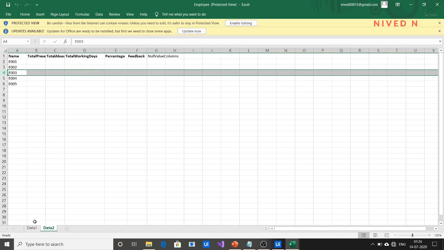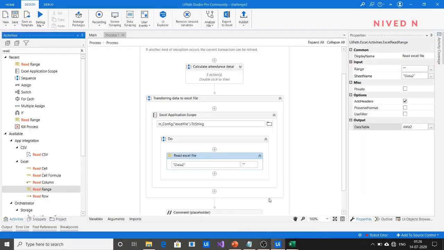For identifying this, so that we can input this data, the total present, total absent, total working days, percentage, feedback, null value columns using write cell activity directly, for that, to know the row index of this particular employee name in this data2 sheet, we can use lookup data table activity.